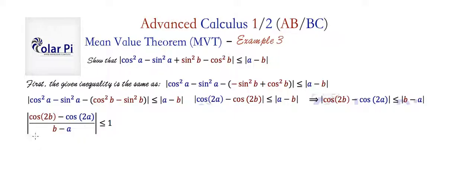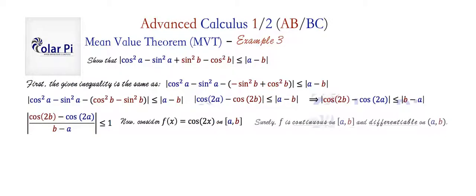Okay, cool. Now, once here, look at the left side. Why did I want this here? Well, I wanted it because, look at it. If we claim that the function f is cosine 2x, then I've got f of b minus f of a divided by b minus a. Familiar? Yeah, that's from the mean value theorem, right? Okay, so we let f equal cosine 2x on the closed interval ab. Clearly, cosine is continuous on any closed interval ab we choose, and it's differentiable on the open interval ab, right? We know that about cosine 2x, and therefore